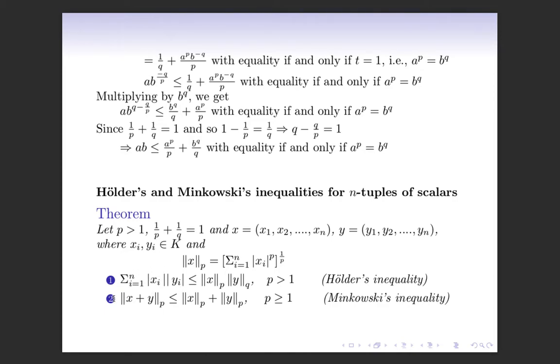So left hand side and right hand side both are 0, and so Holder's inequality holds. And similarly, if all y's are 0, then norm p of y is equal to 0, and left hand side and right hand side both are 0. And so